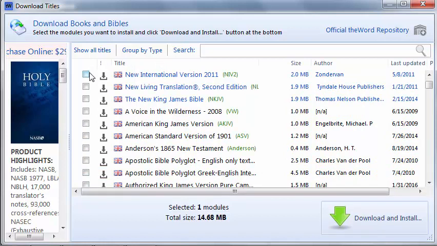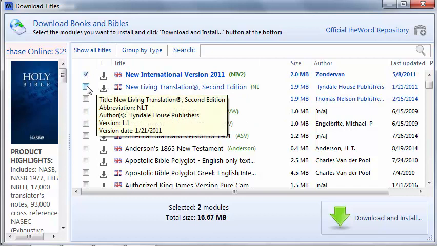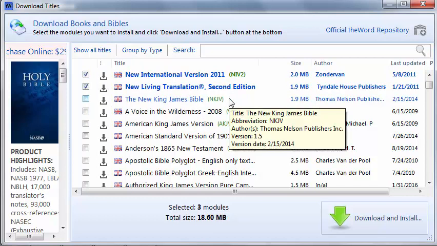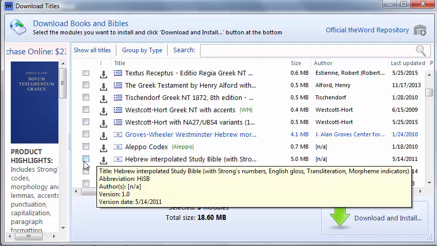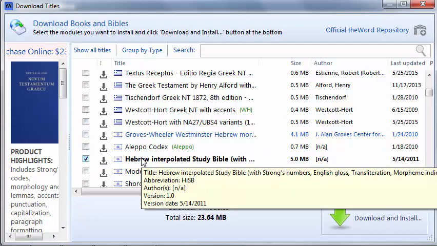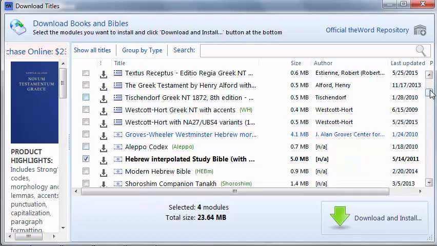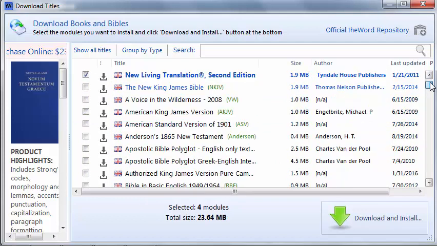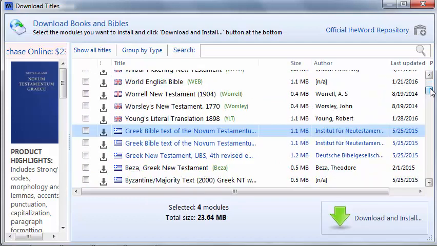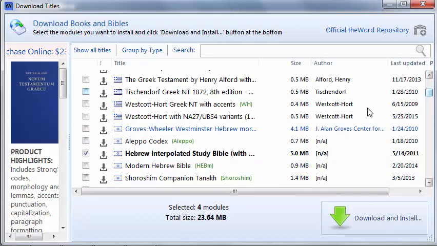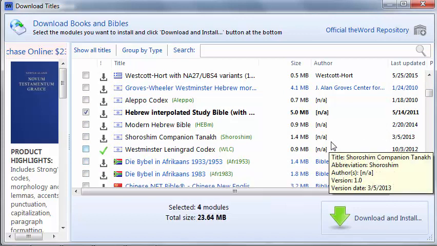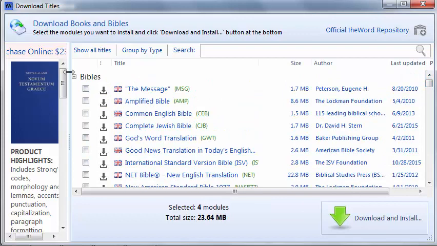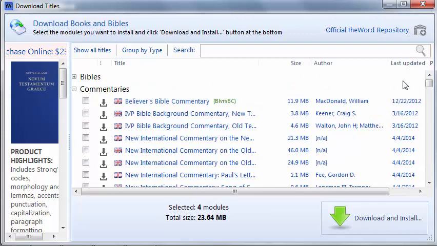For example, I'm very familiar with the New International Version, so I probably will get that. The New Living Translation is my personal favorite Bible. One that I've liked for doing word studies, if you go down here to the Hebrew Interpolated Study Bible, it's down a bit. So you kind of start out with the English Bibles, and then you go to some of the Greek stuff, and it's sort of down here when you see the original language before you get to other languages, like Afrikaans or whatever. So that's one thing I like. That's the Bibles that I use, and there's a lot of them, so I'm not going to keep that list open. In terms of commentaries,